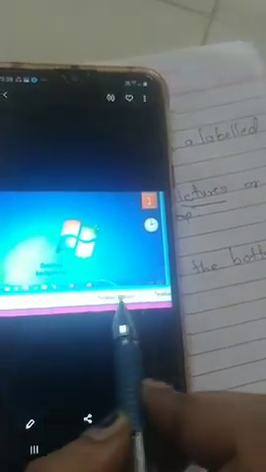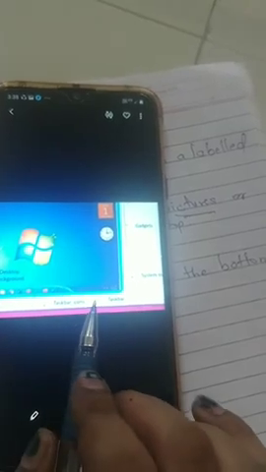Now we'll look at the topic taskbar. What is meant by taskbar? See, at the bottom of the screen, this is known as the taskbar. It is a long horizontal bar at the bottom of the desktop.